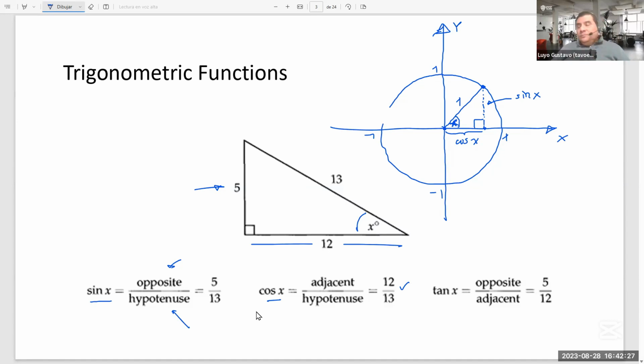So that's why you can always draw this in order to remember. If the hypotenuse of the triangle is 1, then the opposite leg, or the opposite side to the angle, is the sine, the adjacent is the cosine, and